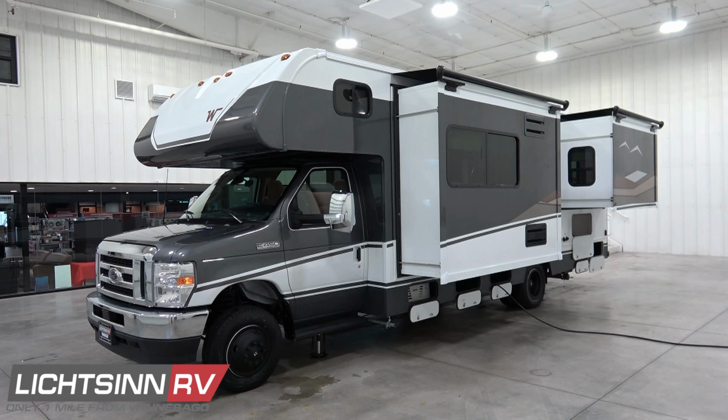Be the first to break in your new Ford powertrain, sleep that first night in your National Park Foundation inspired queen bed, and eat that first meal in your factory fresh Winnebago Minnie Winnie or Winnebago Spirit, available here at Lichtsinn RV. Now, in partnership with the National Parks Foundation, this new limited edition Winnebago Minnie Winnie and Spirit,